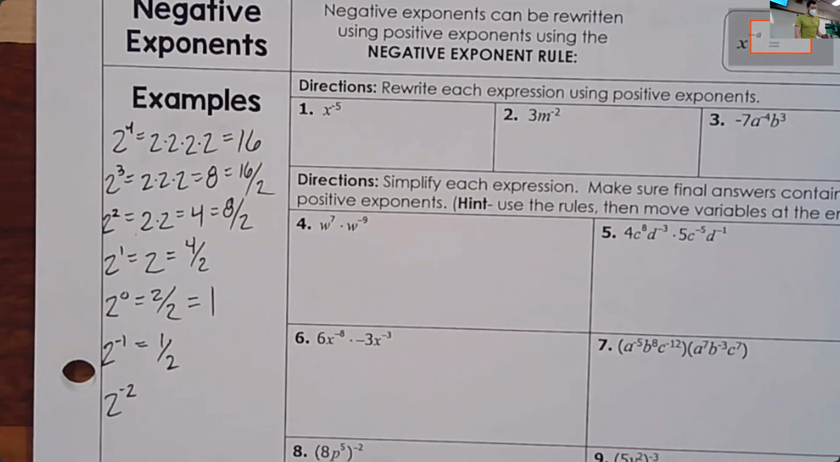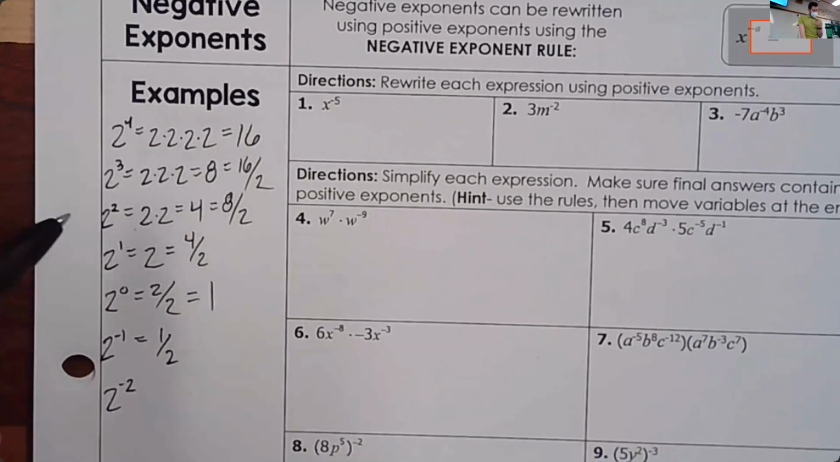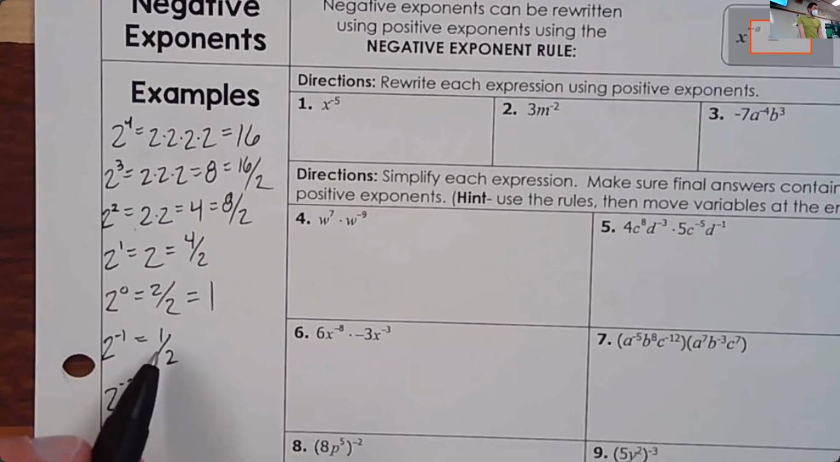Thank you. So if we've got 2 to the negative 2 power, we'll just keep going with this for one more. Actually, we'll go to 2 to the negative 3rd. This is going to be equal to the previous answer, 1/2, divided by 2 again, which is actually